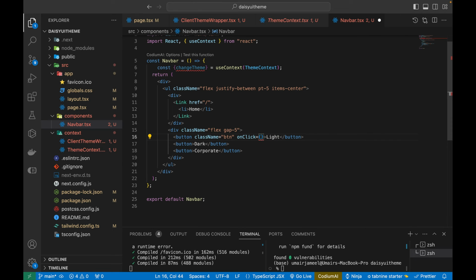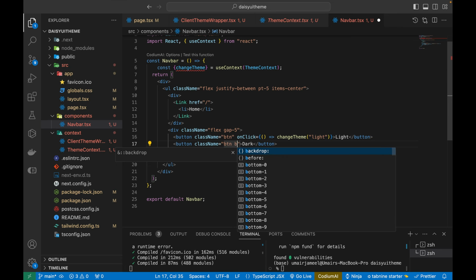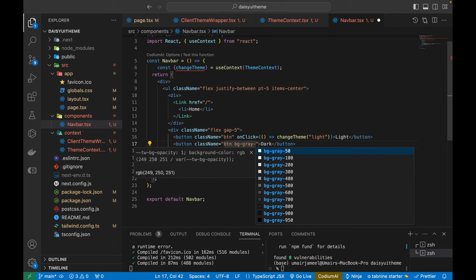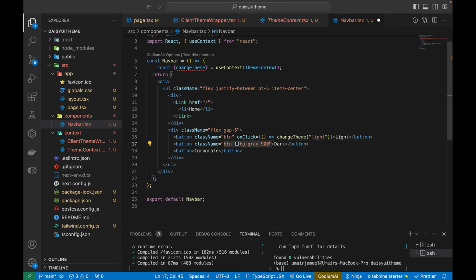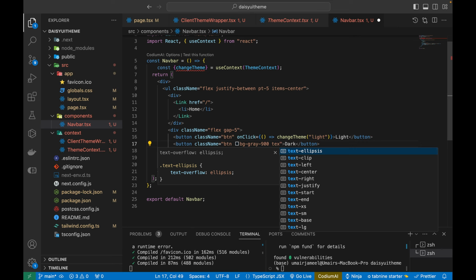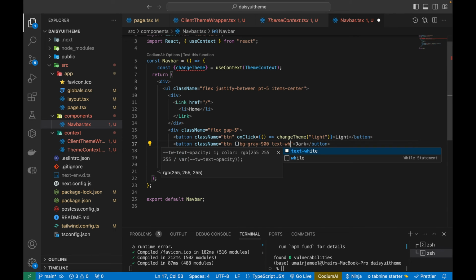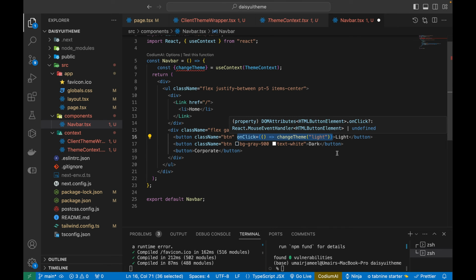So on click, arrow function, change theme, and I will be passing light to it manually. Okay, and let's add the class name to it as well, btn bg gray. Since I am manually using the Tailwind CSS classes, it will not be changed by the Daisy UI theming. It will remain the same. And I need to change its text to white because the background is always going to be dark. All right, so btn dark, and let's copy the on click event from here